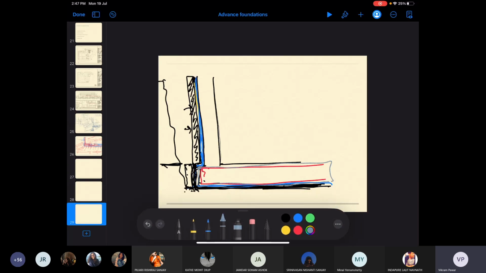Correct? Yeah. And there will be dowels left over here for tying up the wall reinforcement. Before the dowels, I have already poured the concrete and done the waterproofing, which has come up till this level.